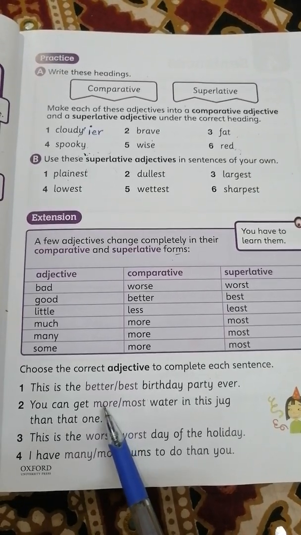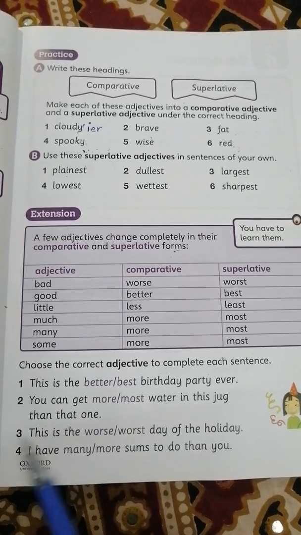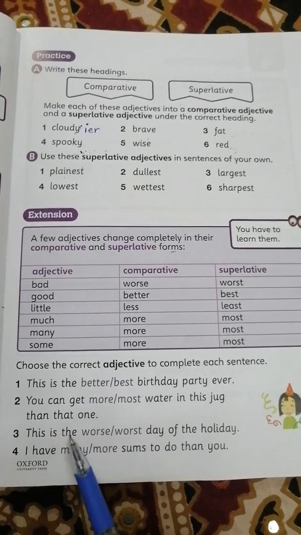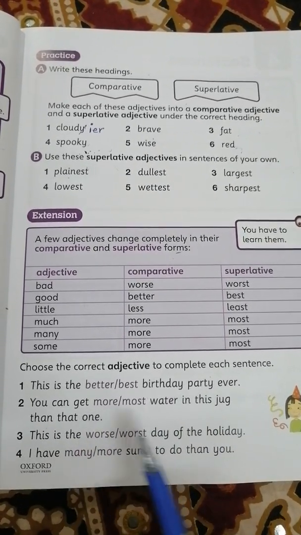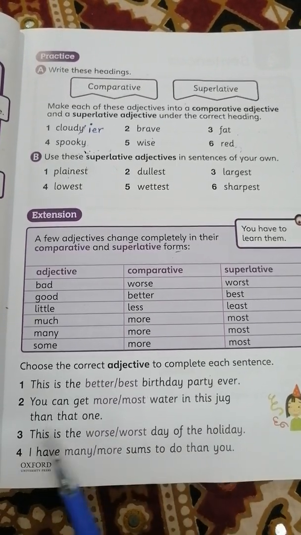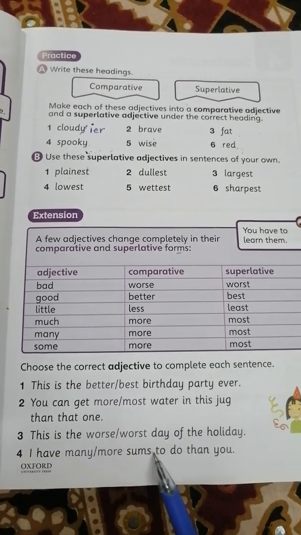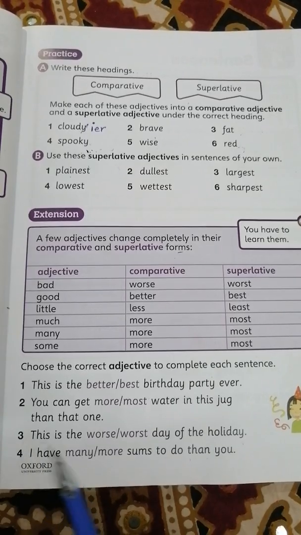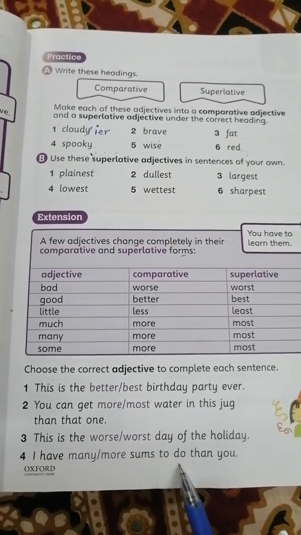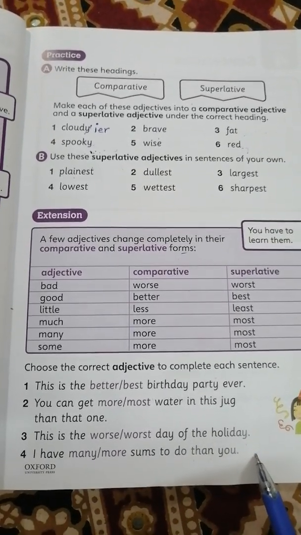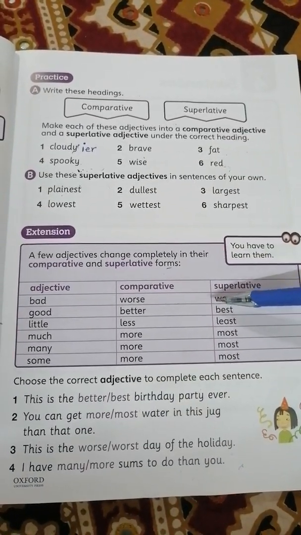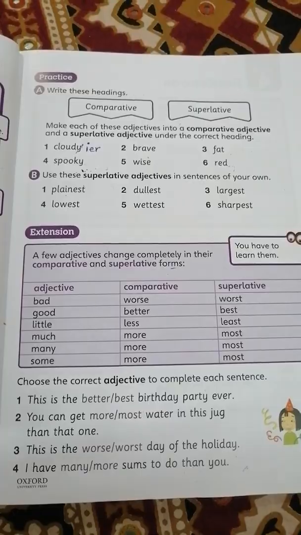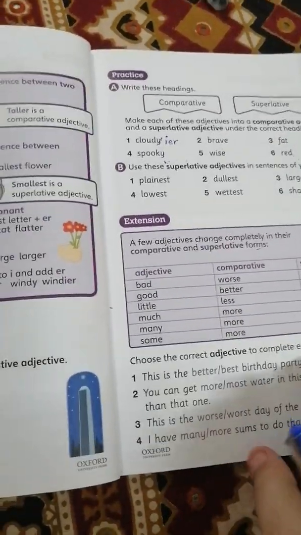Circle the adjective more. In this third sentence: this is the worst day of the holiday. I have many more sums to do than you. I have many sums to do than you. Okay. Read this table carefully. Okay. Now your next